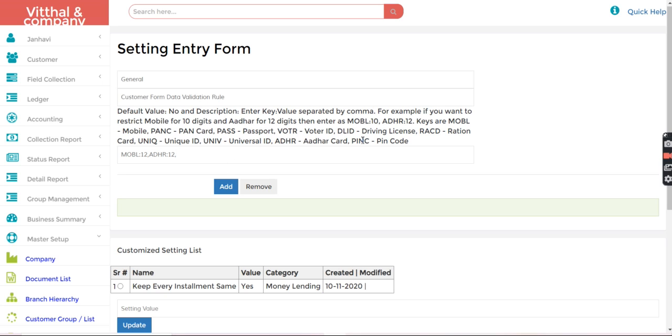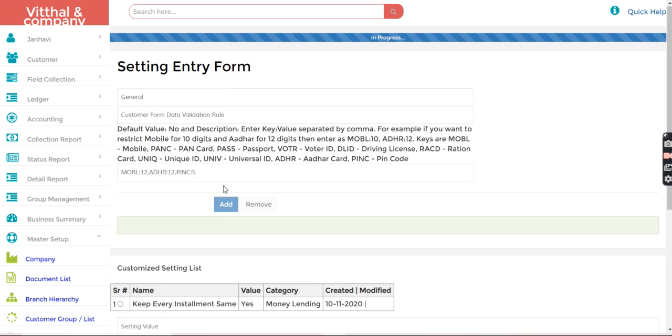Then I will select pin code, the short form PINC, that is for, let's say, 5 digits. For the international country, maybe it's a 12 digit mobile number. So for example, I have kept all this.